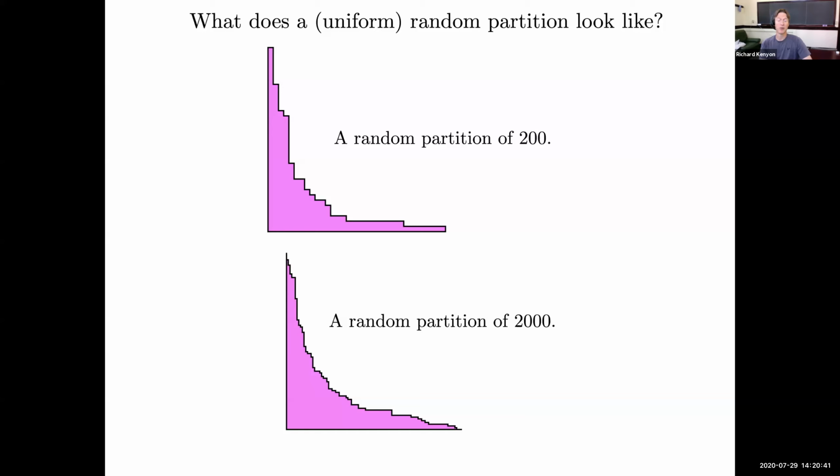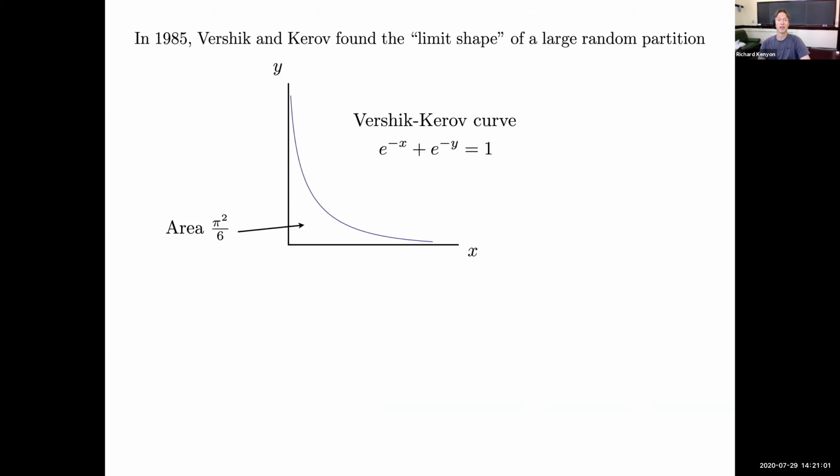That is, even though the objects are random and there are partitions which have shapes which are very different from these two, in some sense a typical partition will have a shape which is lying close to either of these. And in fact, that is the content of a theorem